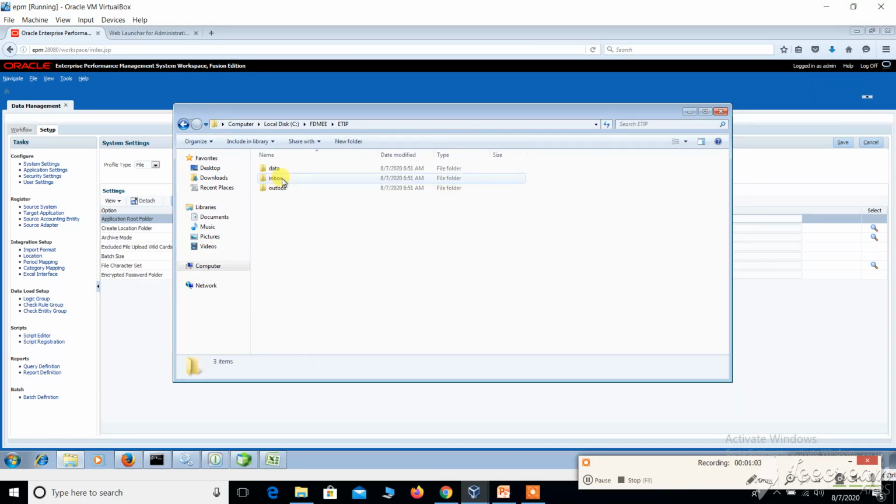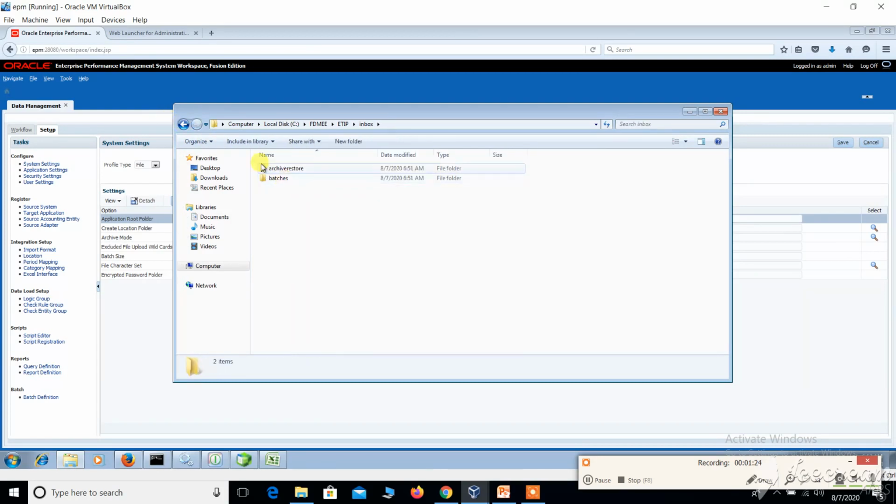Yes, this is ETIP, and we can see there are three folders that have been created when creating the application root folder: data, inbox and outbox. They will store the data file, and some scripts internally as well.